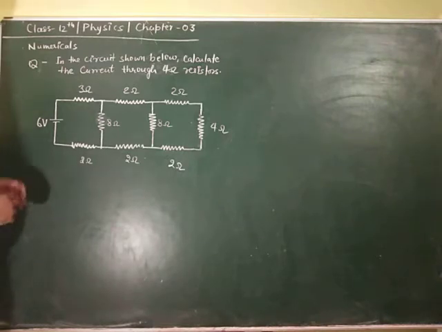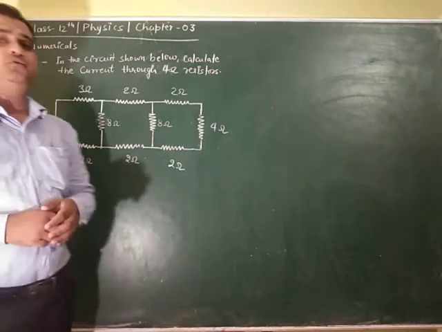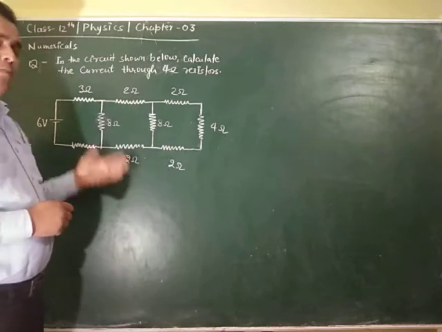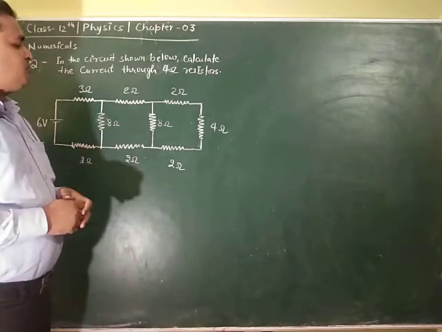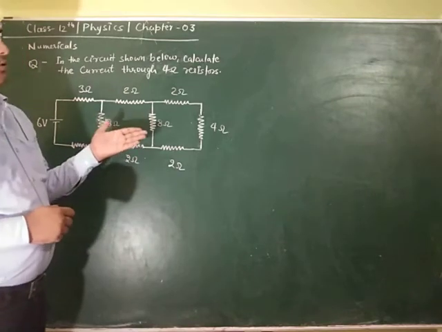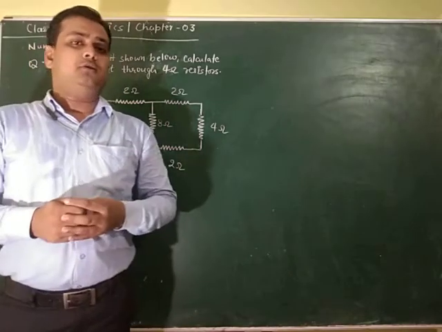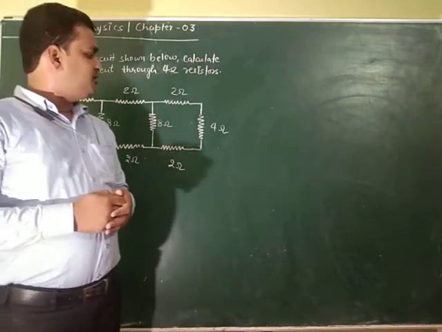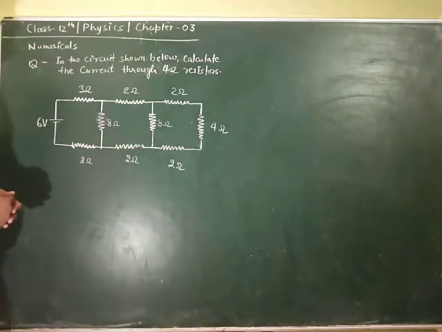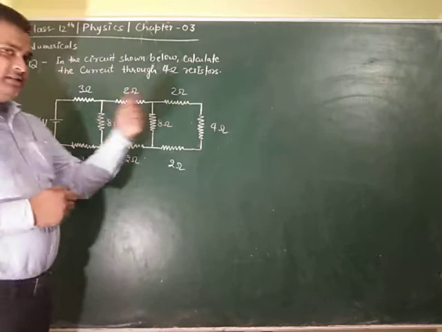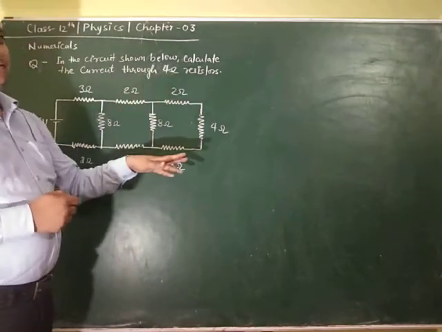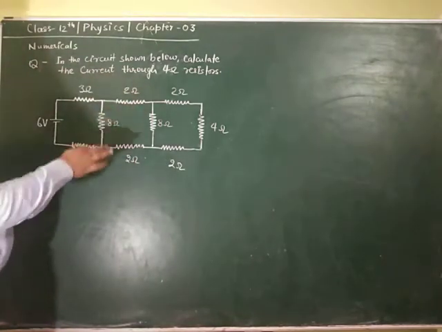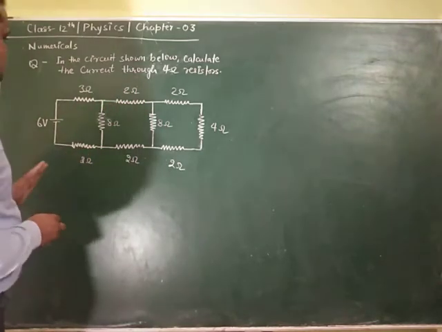Okay. So for this, first of all we have to do the current distribution, meaning what amount of current flows, as there are a number of branches and it is a complicated circuit, as you can see. So directly we cannot apply Ohm's law. That is why I have taught you Kirchhoff's laws. There are two laws, KVL and KCL, but here we have to calculate the current. So I am using KVL here. It is not necessary that KCL is used for calculating current and KVL for calculating voltage, but here we mainly have to apply the loop rule. That is why KVL, or the loop rule, is introduced here.